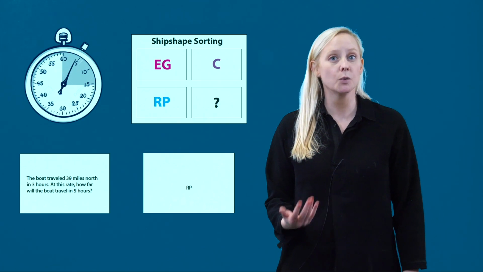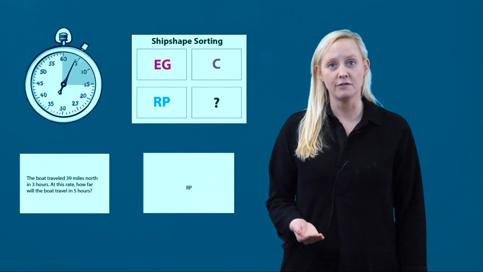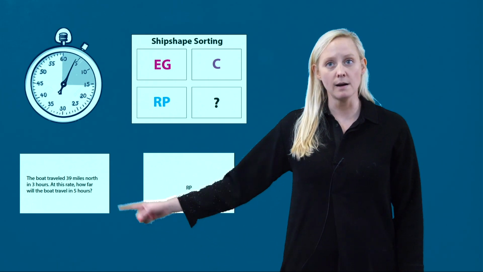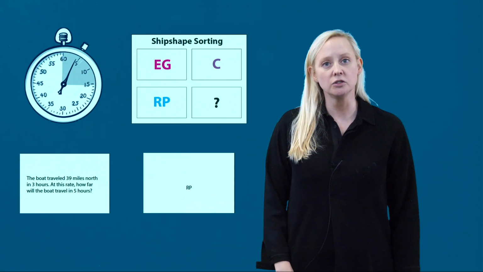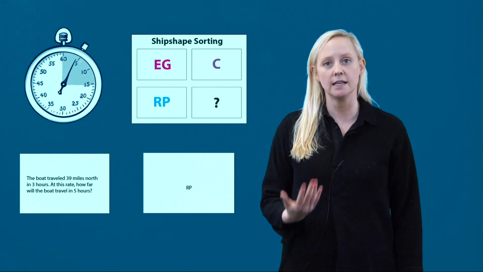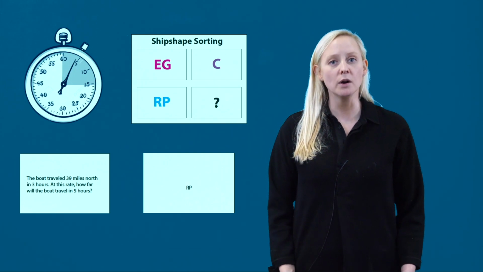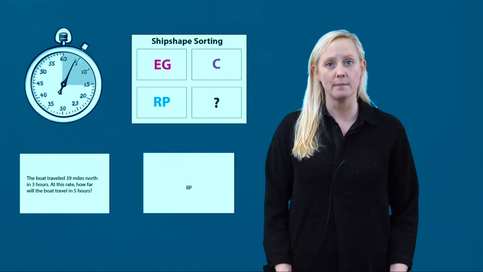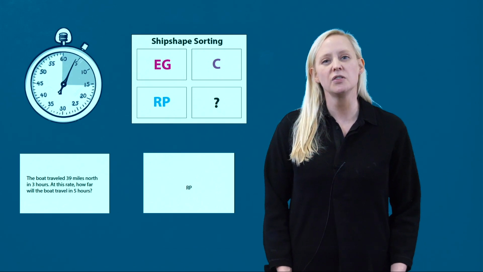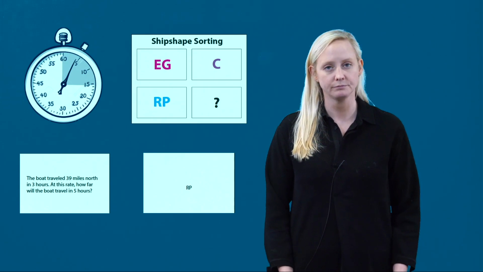This activity can run for 1 minute timed or 2 minutes timed, depending on what you prefer and the ability level of your students. And during this activity, you or the student will read the word problem card that you see here, and then the student will sort the word problem card as belonging to one of these three schemas. And again, if the student doesn't know, he or she can put it in the question mark box. What's important here is that students are not solving the word problems, they're simply placing it or sorting it in one of the boxes so that they're practicing distinguishing among the 2 or 3 different schemas with which you're working.